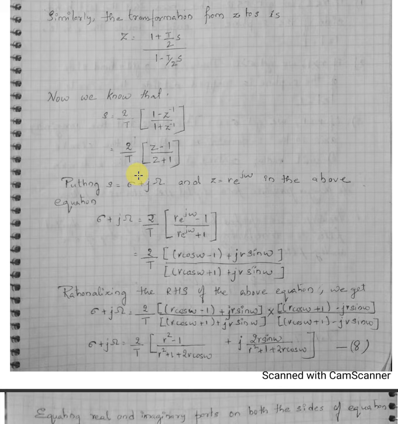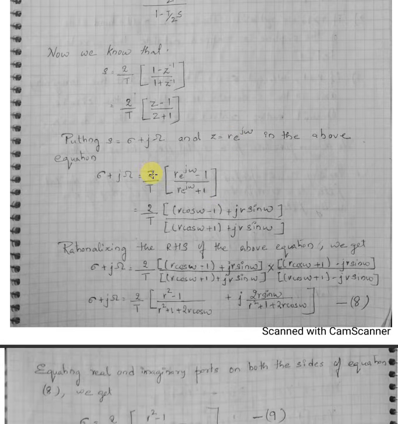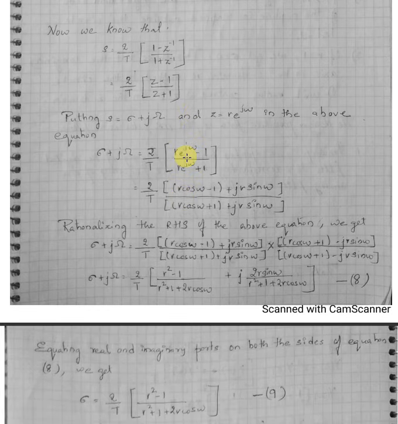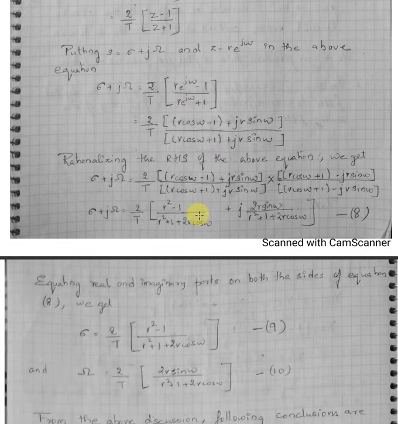Out of this they have made a few conclusions: if the r value is less than 1, we get sigma less than 0. Probably from this you cannot understand much, but the statement will make it clear. As I told you, with the bilinear transformation, every pole that you have is transformed from one domain to another. So where exactly does it fall? That is what we are trying to map here, from the s plane to the z plane, with mod of z equal to 1 being the unit circle. Whether it is mapped inside, outside, or exactly on the unit circle, for that there are three conditions.